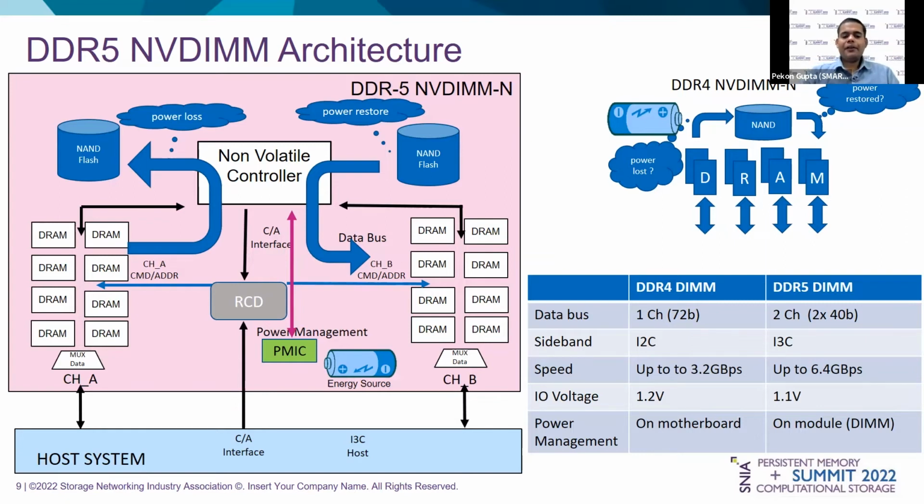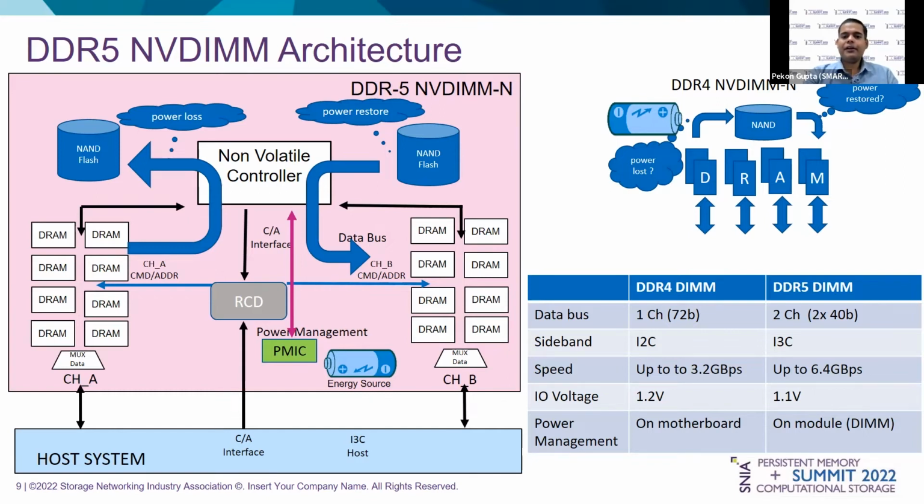As we have heard in this presentation today, the NVDIMM-N kind of architecture is here to stay. It's just migrating from DDR4 to DDR5. So let's discuss the changes in the architecture and have a deeper dive into why these changes are required in a DDR5 NVDIMM-N kind of architecture. Let's start with the key differences between DDR4 DIMMs and DDR5 DIMMs, which are shown in the table here